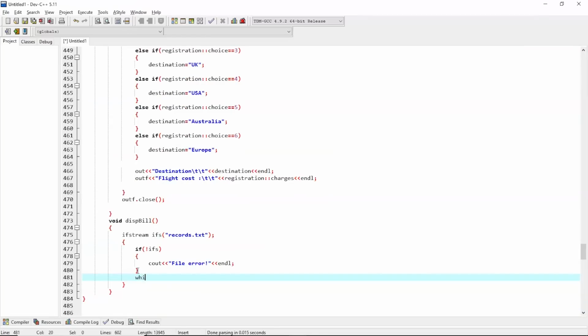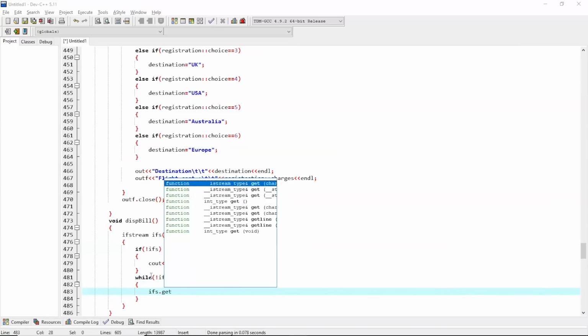Now if the file is there, then we'll use a while loop and we'll check not ifs dot end of file, that is, here we are checking the file till the end, that is every content of the file we'll check, and ifs dot getline